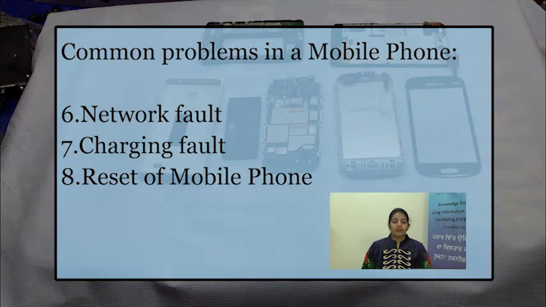Charging fault. When the battery of the mobile is not charging or shows not charging, or when the charger is connected, the mobile gets hot, then what do you have to do? First of all, change the charger. Clean, resolder or change the charger connector. If the problem continues, then change the battery and check. Check the voltage of the battery connector using the multimeter. If there is no voltage in the connector, then check the charging section. If the problem still continues, then check the fuse, coil and regulator one by one. Then after that, change the charging IC if the problem still persists. Finally, heat, reball or change the power IC.